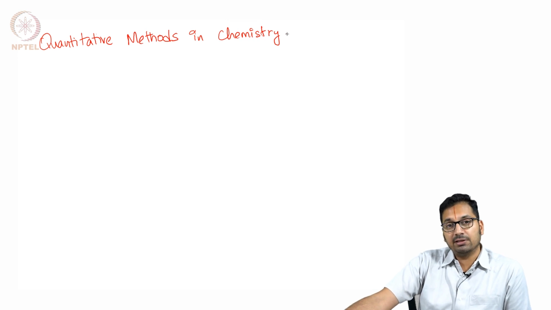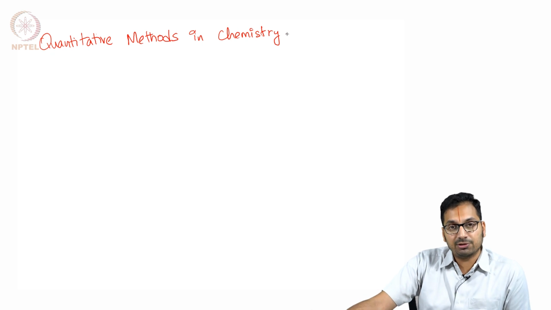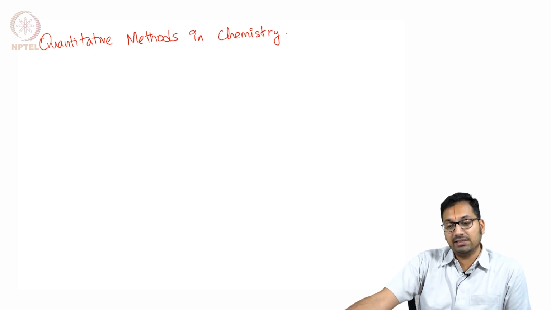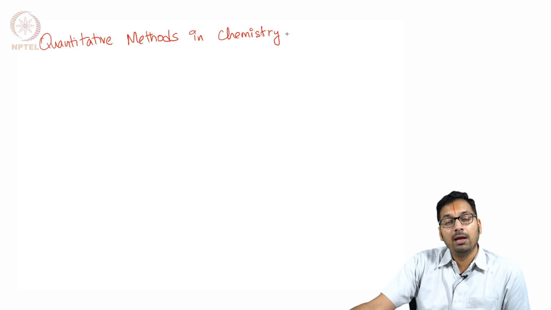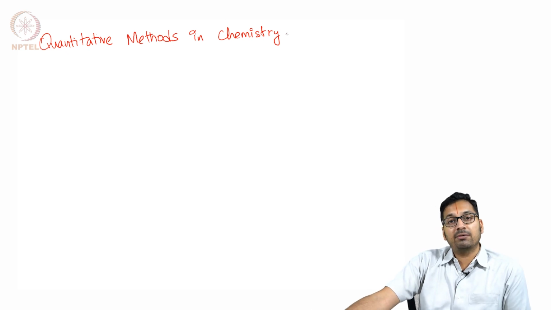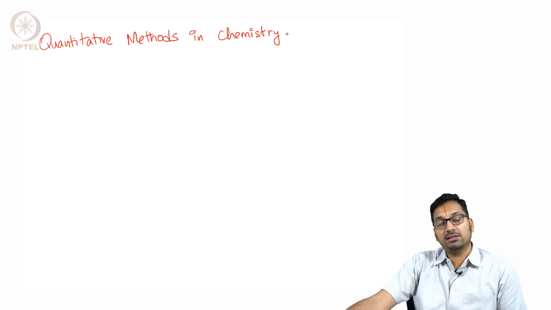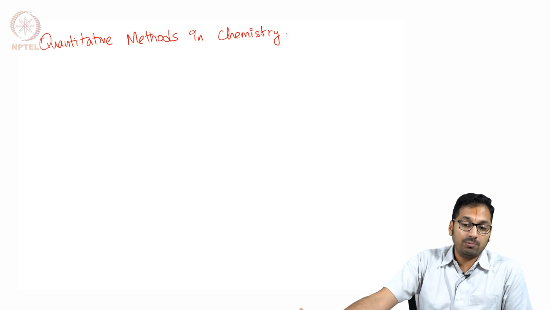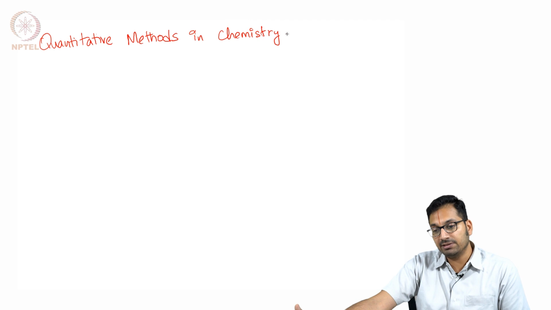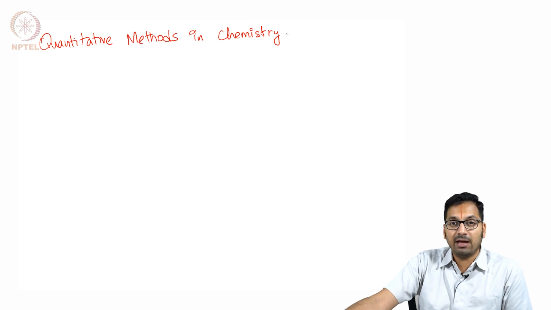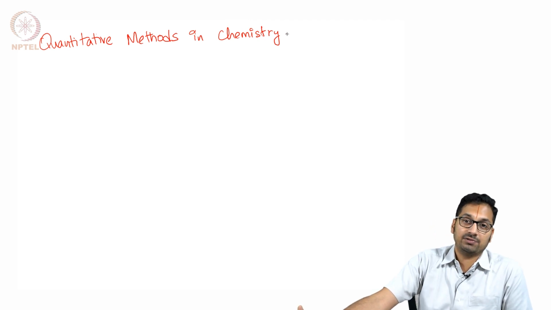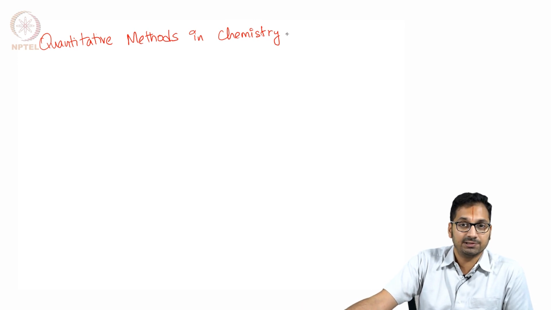We also defined terms like accuracy and precision that help us understand what is the truth that we seek from the series of experiments that we end up doing. This week of lecture would be trying to understand where these uncertainties arise from. It could be an experimental reason why it comes up, or it could be a random reason why it comes up. Here we will be trying to understand what the characteristics of such errors are, how they can be distinguished, and how they can be minimized if possible.